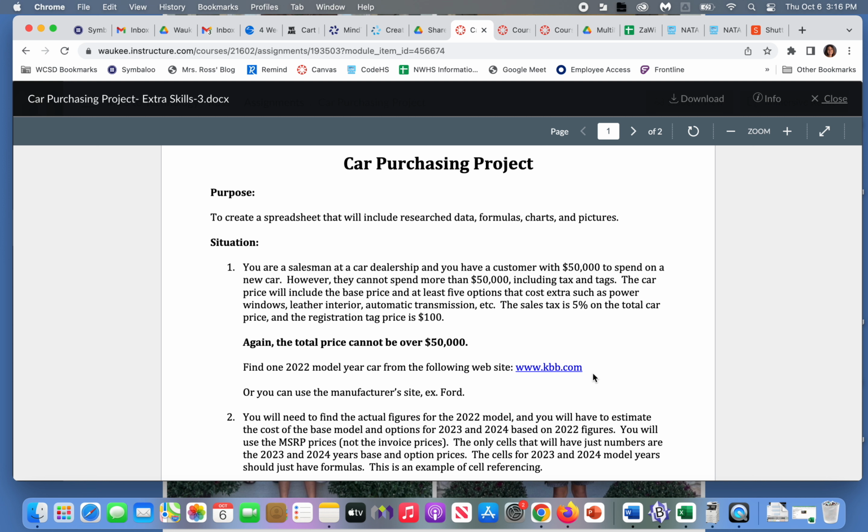Now, in order for this customer to see everything nice and organized and laid out, you are putting it on an Excel doc. And the nice thing is you're going to have the base price of the car. You're going to show what it would be with all of this stuff added up, like a subtotal. You're going to add with tax. So you're going to have that grand total. They have a solid $100 tag price for the purchase. You're going to throw all of this together and basically give the person the estimate of the cost of the